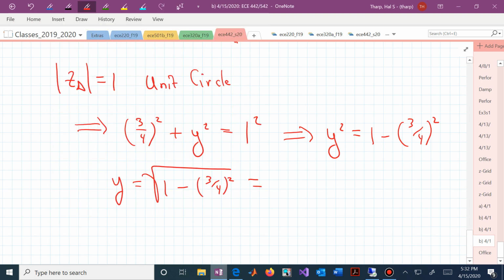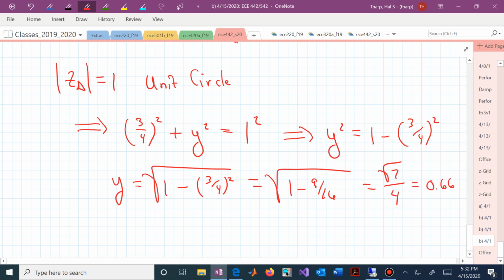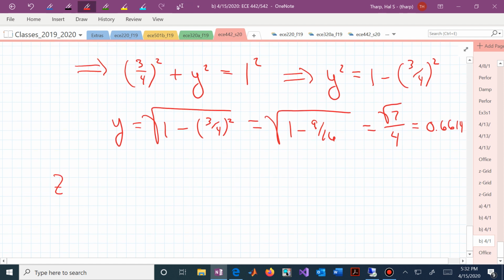Y is now the square root of 1 minus 9/16, or it's now the square root of 7/4, and if we calculate that, that's 0.6614. We now know what z delta is. Z delta is 3/4 plus and minus j. We have to have these in conjugate pairs,